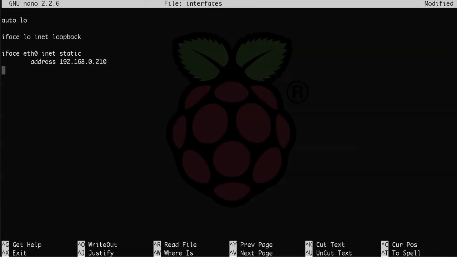And then we're going to go down to the next line, netmask space 255.255.255.0. Next line, and network space 192.168.0.0. Next line, broadcast space 192.168.0.255. And lastly, next line, we'll go gateway, and then